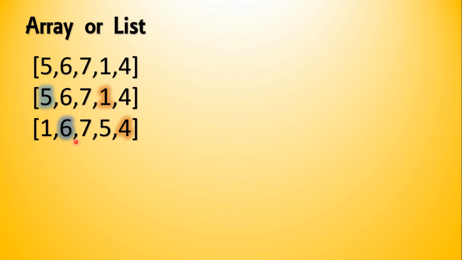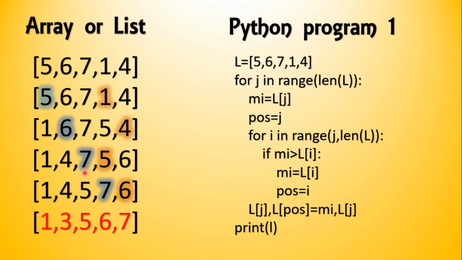Now I have this part remaining. I'll find the smallest number, that is 4, and 4 will be swapped with the 6. So this way it has been swapped. Now the remaining numbers are three, and here we have to find the smallest number. The smallest number is already highlighted, that is 5, and it needs to be swapped with 7. Once we have swapped it, the last two numbers are remaining and the smallest number is 6, and we have swapped. So at the last we have the complete sorted array.